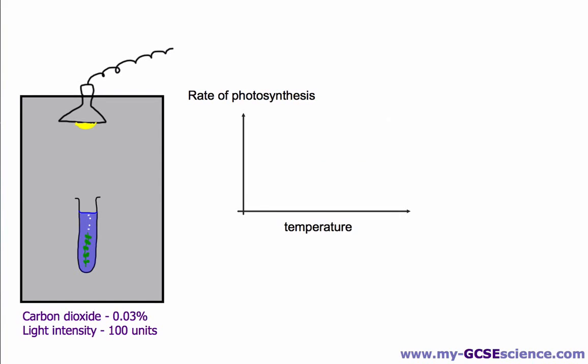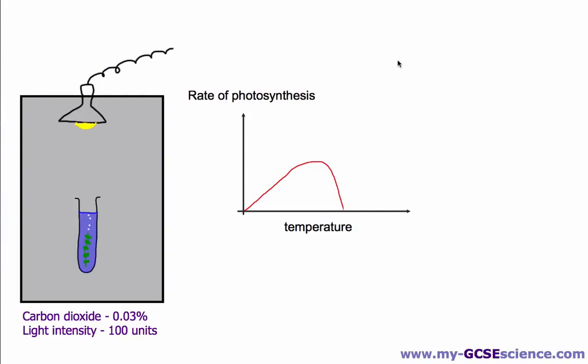We can look at a third experiment where we keep the carbon dioxide the same and the light intensity the same, but we vary the temperature. We carry out the experiment at different temperatures, and over time we can see that as we increase the temperature, we increase the rate of photosynthesis. It starts to level off, but what's different for this graph, which you might have just spotted a minute ago,